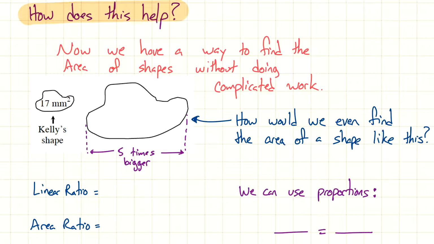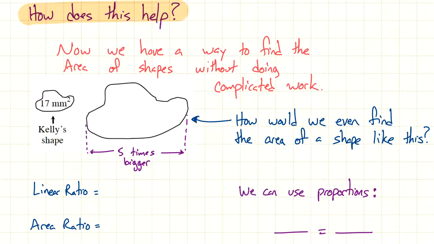This is a type of shape that there really is no formula for. It's close to impossible for us to find this, right? So how would we even find the area of a shape like this? If we wanted to know the area of the shape, we would need to look at another shape